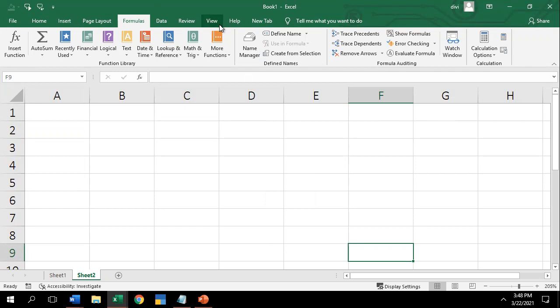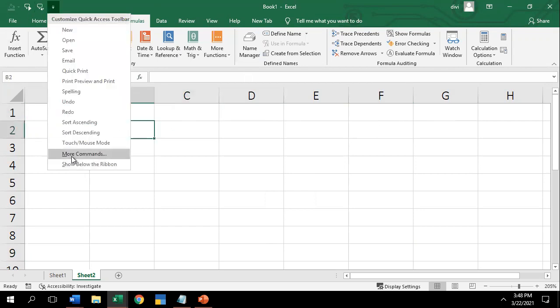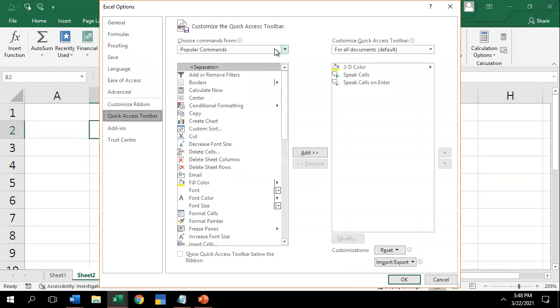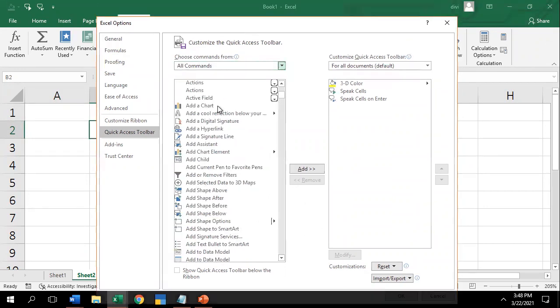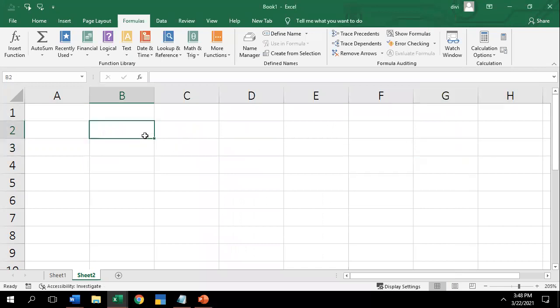I will explain the advanced level, and other than this we have other concepts in more commands. If I go to all commands, we have pixels, we have forms. I need to explain all those things. We'll see them at the advanced level. Enough for today. So we'll wind up the session.